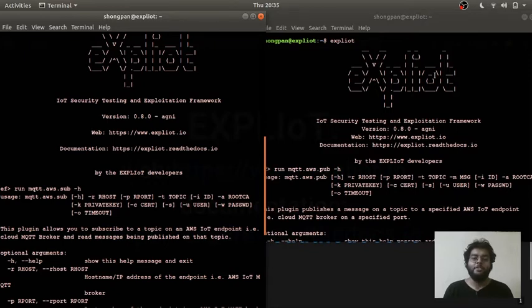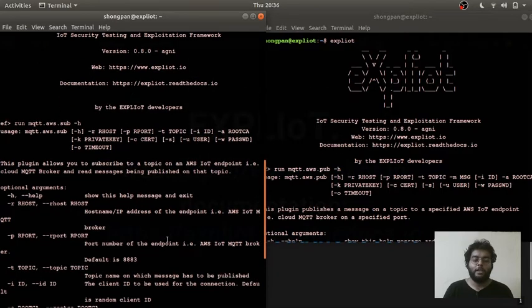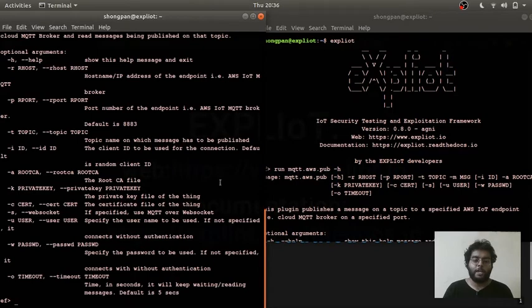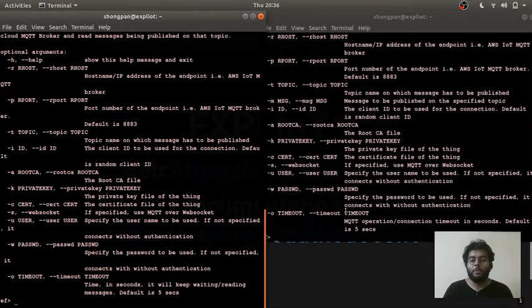Alright, so before I get into the demonstration, you need to have AWS CLI installed and configured on your system. So now I'll get into the demonstration. On the left I have the subscribe and on the right I have the publish. So I'll not go through all the arguments, I'll show only the arguments that are important from your pen test